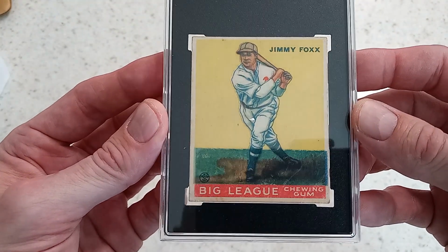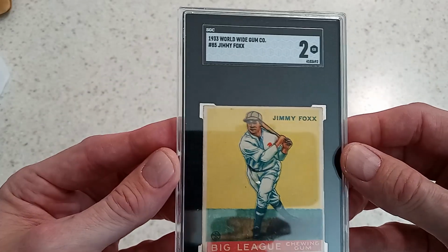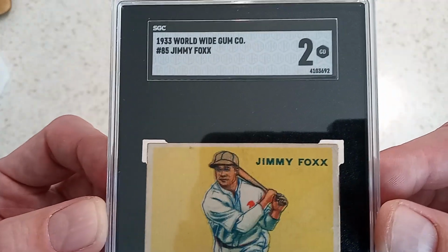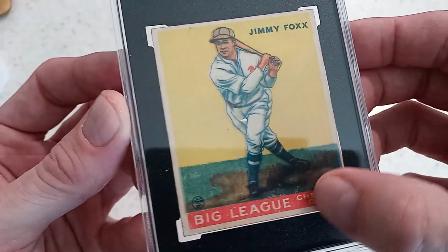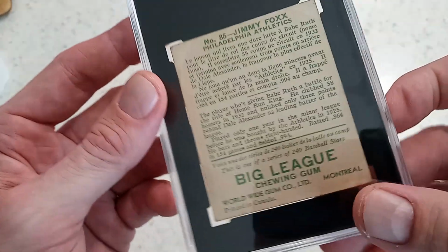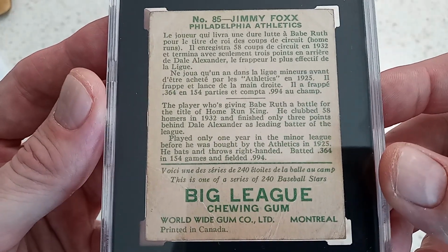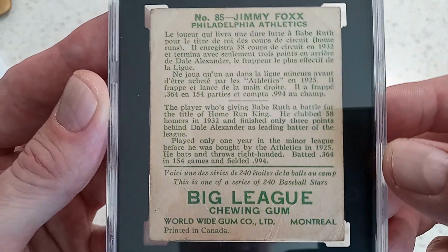So this is a card I bought raw on COMC and immediately sent it to SGC. And this one actually came back a little late, but this is the Worldwide Gum Jimmy Foxx. I was hoping for a 3 or a 4, but it came back a 2. Had a crease I didn't see, but it's not a very invasive one. And as you can see, it's going to have the bilingual. Got the French. Really, really nice copy, though. A couple of creases. Got a wrinkle in the back, got a crease, but